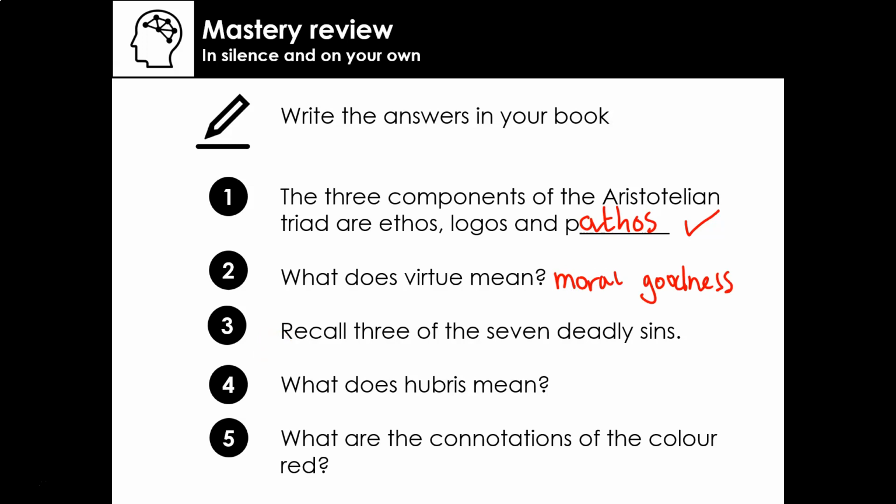Okay, I'd like you to recall 3 of the deadly sins. I know before the half term you were all really good at recalling all 7, so let's see how many you could get. We have envy. We have sloth. We have pride. That's 3. I'm sure there must be others that you've recalled too though. Let's see if we can go up to 7.